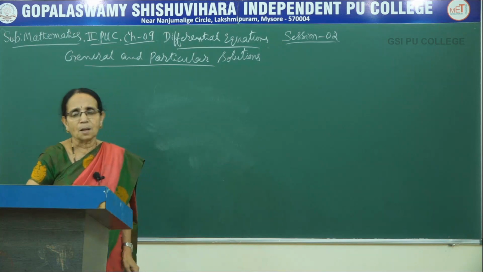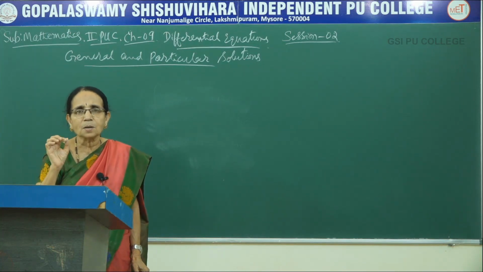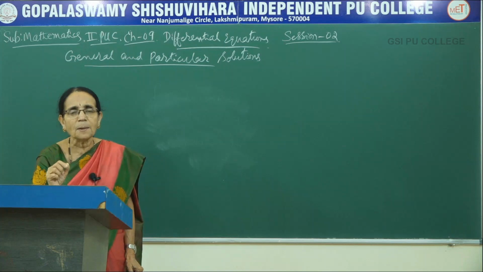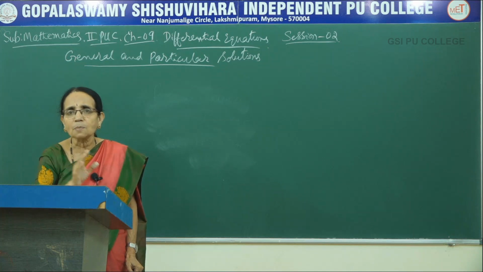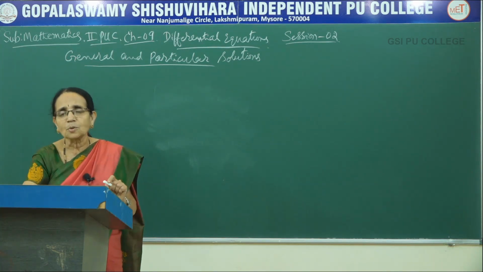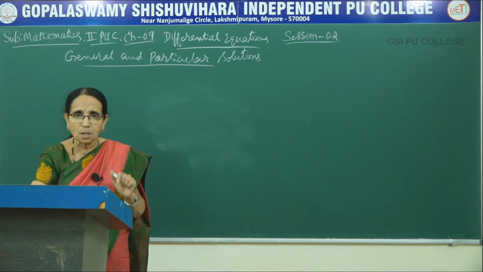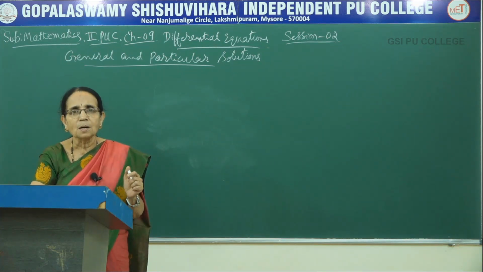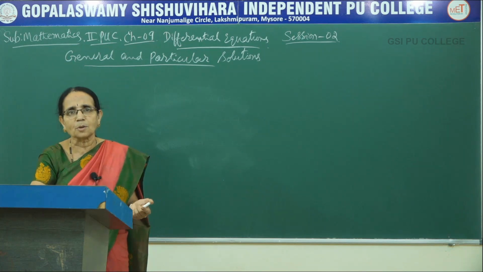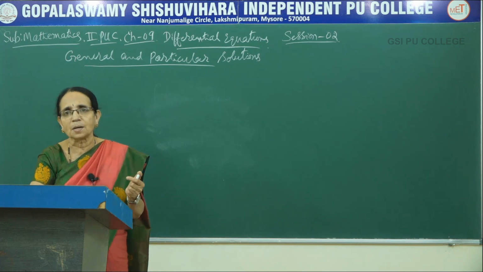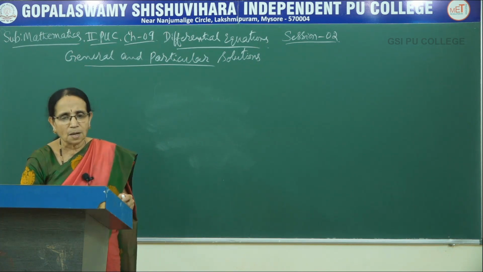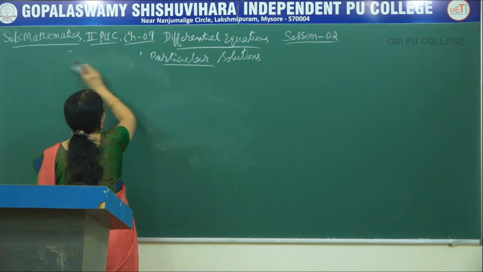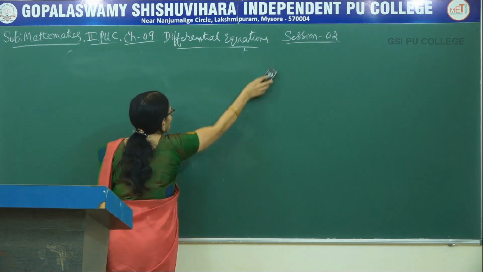So here, to get the general solution, you do the integration. The solution of any differential equation is obtained by integrating the function. When you do the integration, we always have an arbitrary constant. Therefore, that is known as a general solution. Now, when the values of x and y have been substituted in the general solution, the value of c can be calculated. Substituting the value of c back in the general solution, we get a particular solution. So, this is the meaning of general and particular solution.